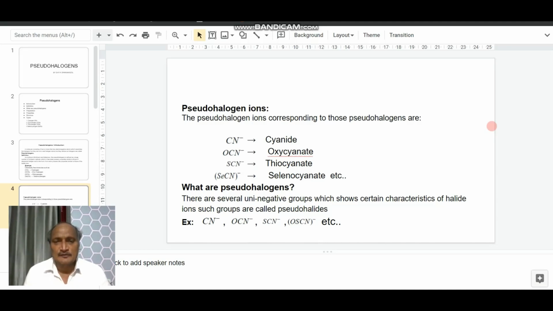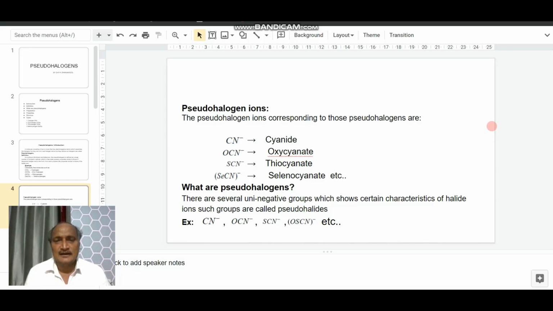Then, coming to what pseudohalides are: there are several uninegative groups which show certain characteristic properties of halide ions. Such groups are called pseudohalides. For example, CN minus, OCN minus,